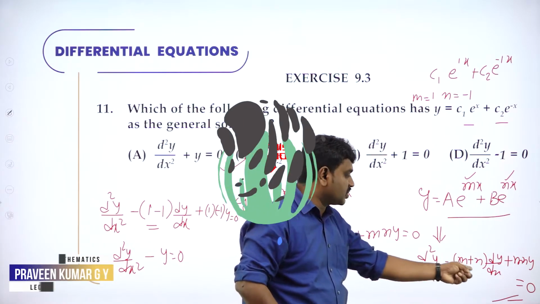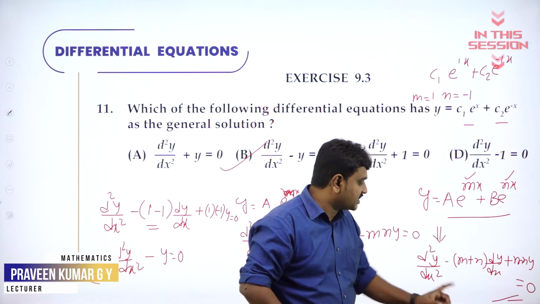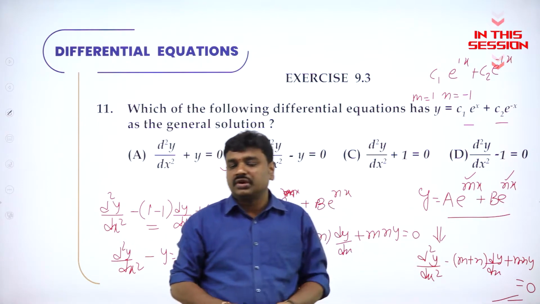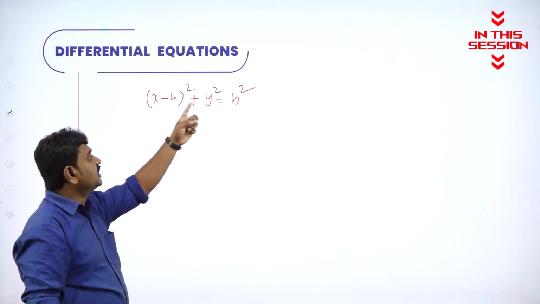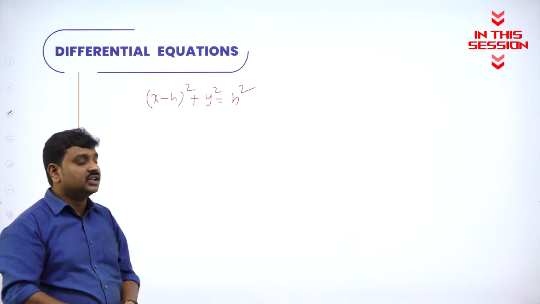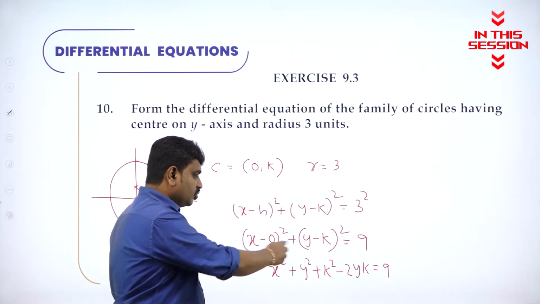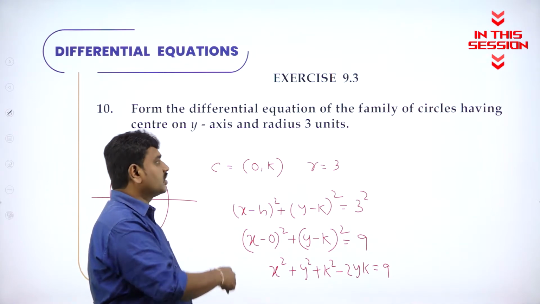Substitute in this equation. Minus 1 plus 1 becomes 0. So this term cancels. So we'll have only these two and substitute. You'll get option B as the answer. H is the arbitrary constant, only one arbitrary constant. See, getting this equation is important. So we can simplify and remove the k or constant separately, then you can differentiate.